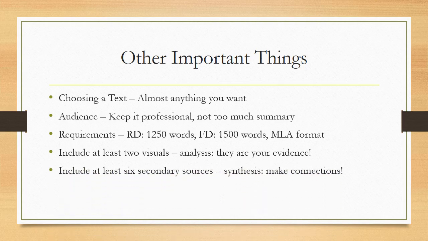So here's the research component I was talking about before. That's bigger than 101. You need 6 secondary sources. On the next slide, we'll talk about the different types of sources. Note here that the cultural artifact you're analyzing is what we call a primary source, and your other sources are not primary, they are secondary sources. So you really have 7 total if you include the cultural artifact as one. And with the infosphere, you want to synthesize them, make connections between them. So the research component is bigger, the paper is longer,